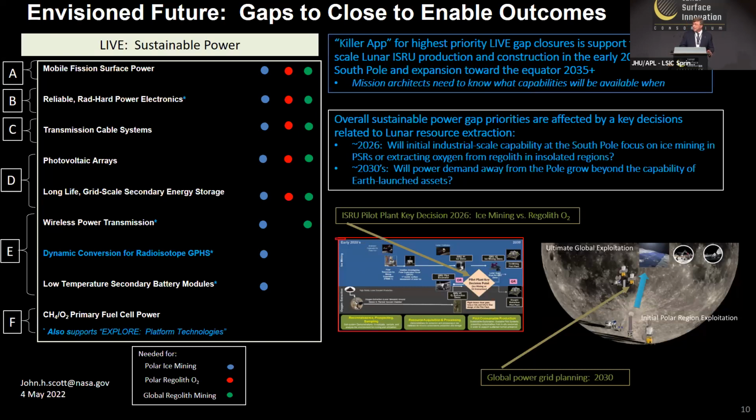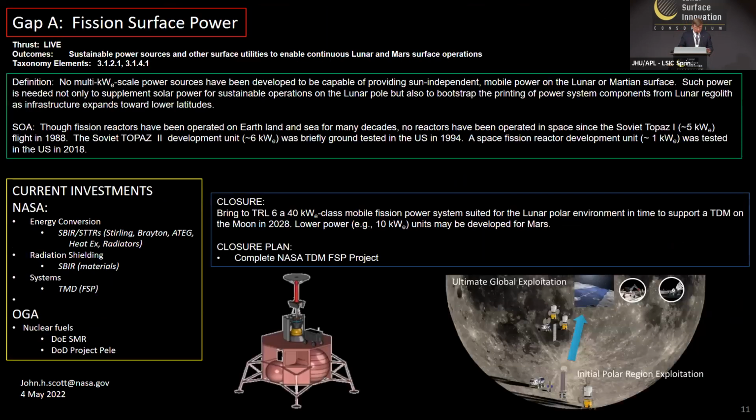You can see from here that there's several of the capabilities, several of the gap closures that support all of those options, and some of the others just support really the business of operating in the PSR. So that's a rough priority the way we put on these gaps. Now, the first priority